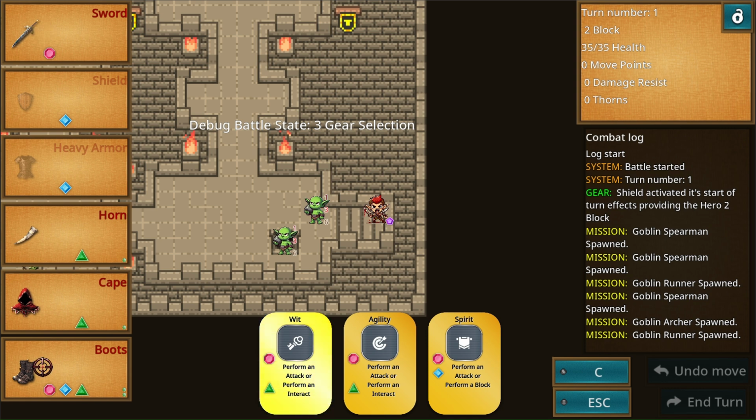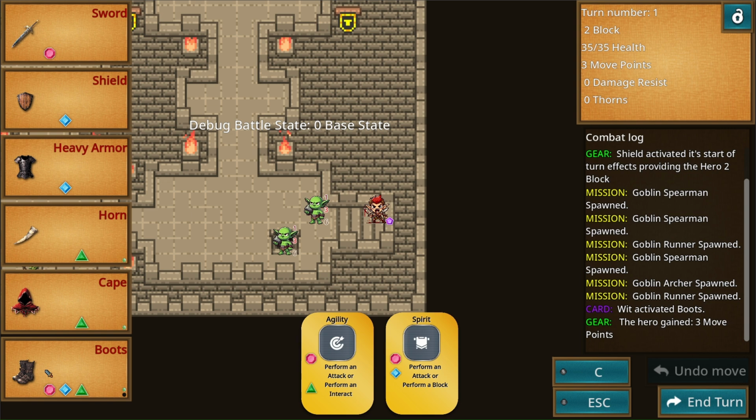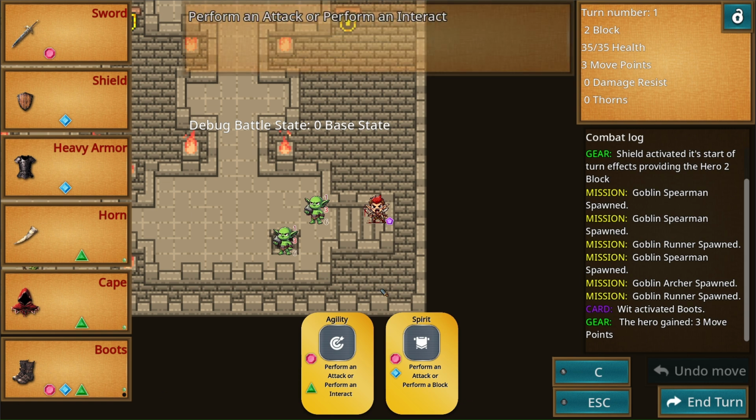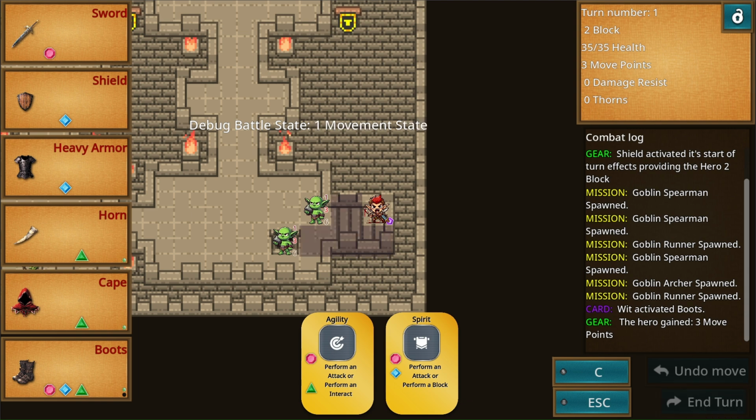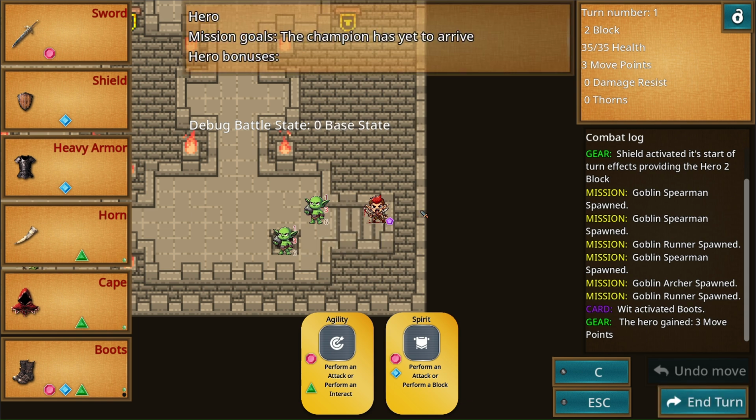In this case, I want to select the boots, and what that will do is give my hero 3 movement points. All right, so normally when I'm moving, I would click on the hero and then click on the destination. But this is about showing how I'm using the keyboard, and I want to use the same WASD keys to